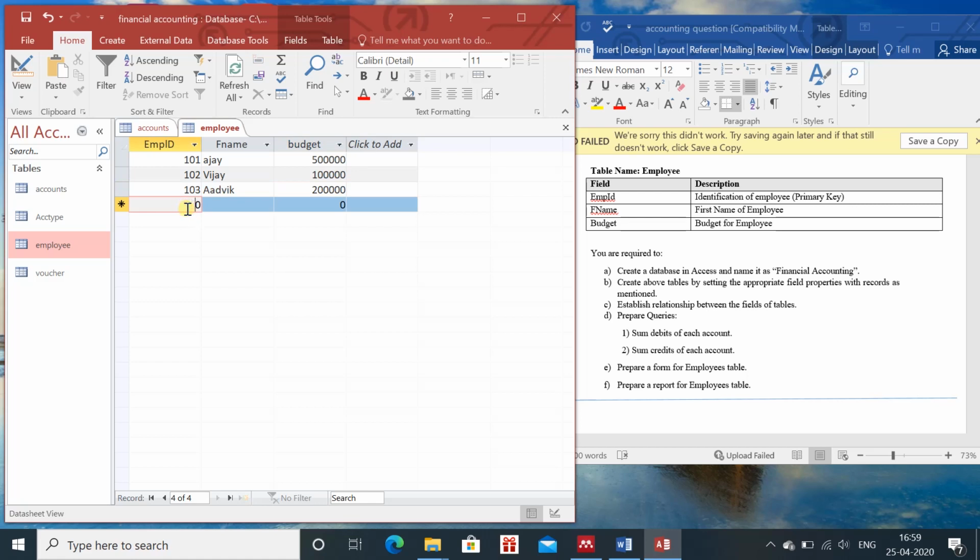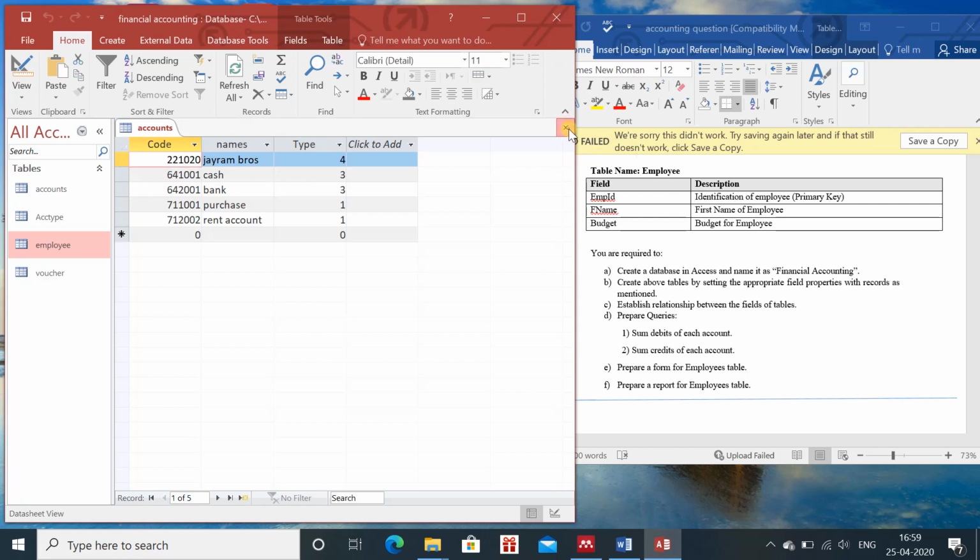So suppose we have entered 3 employees, so save it. It is already saved.